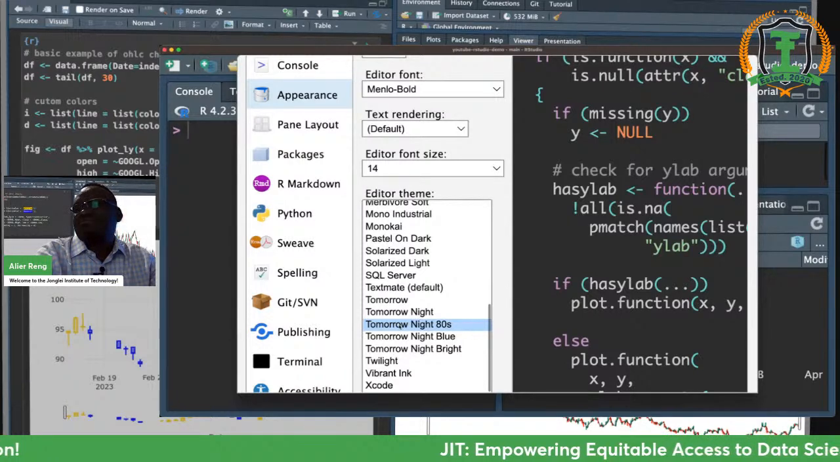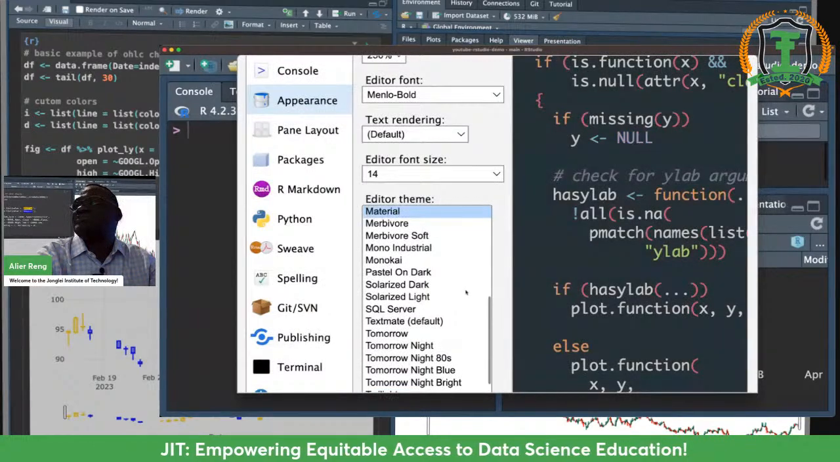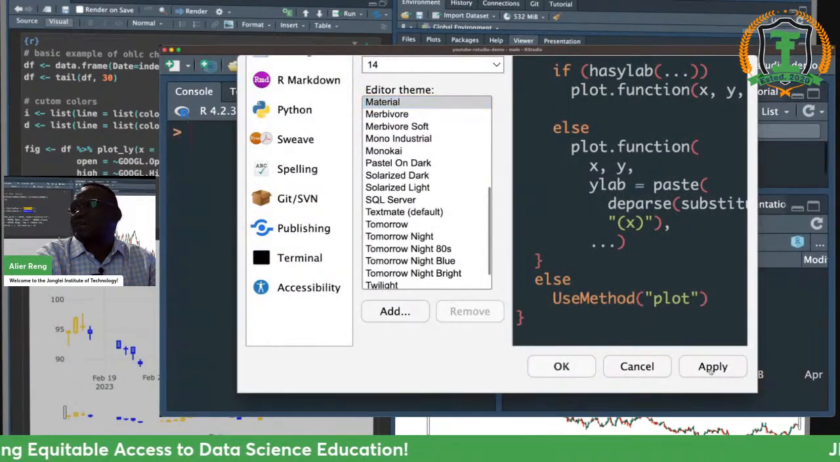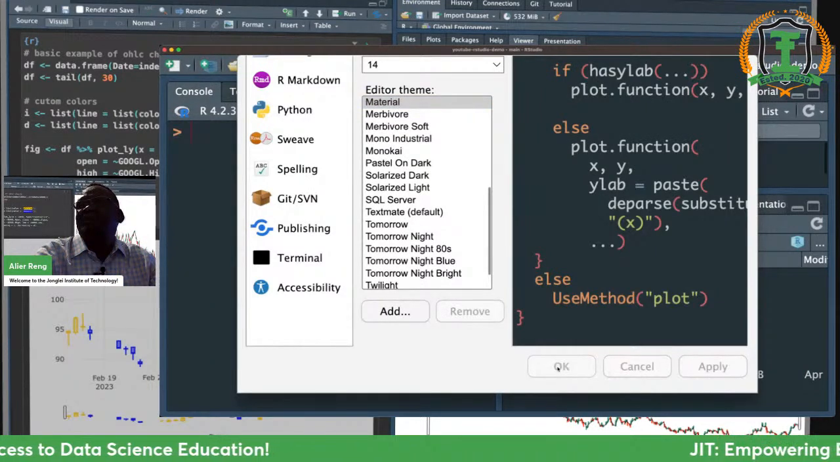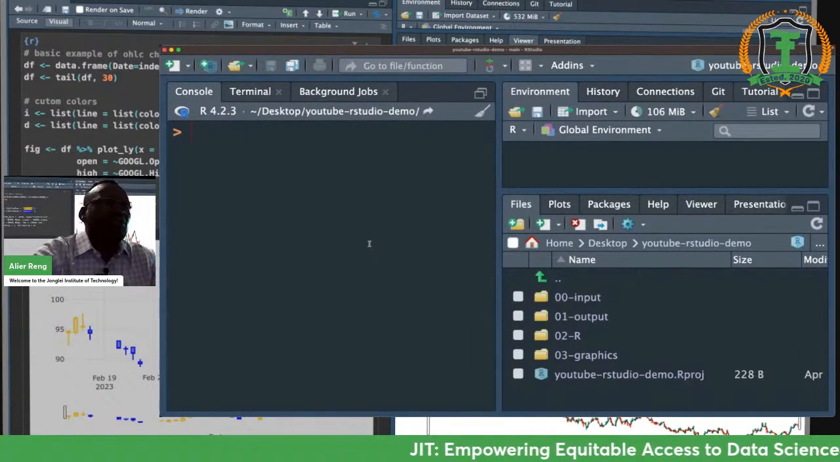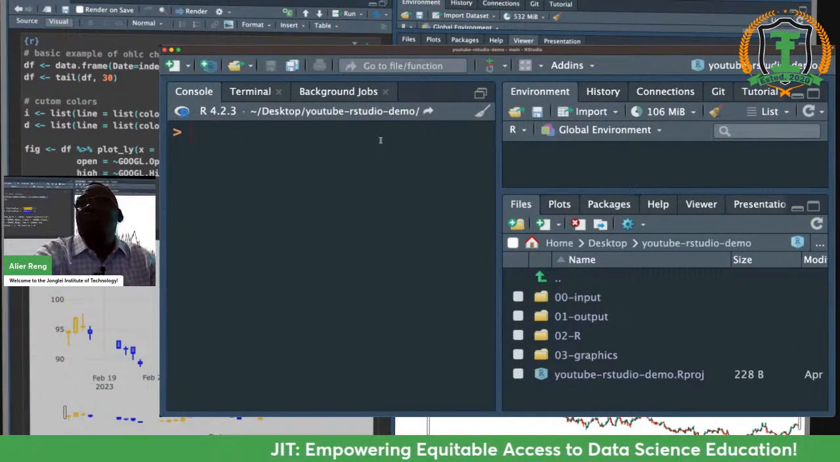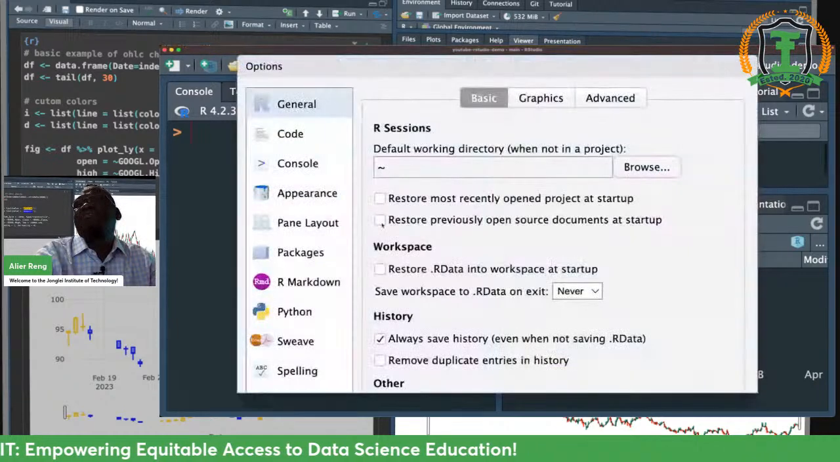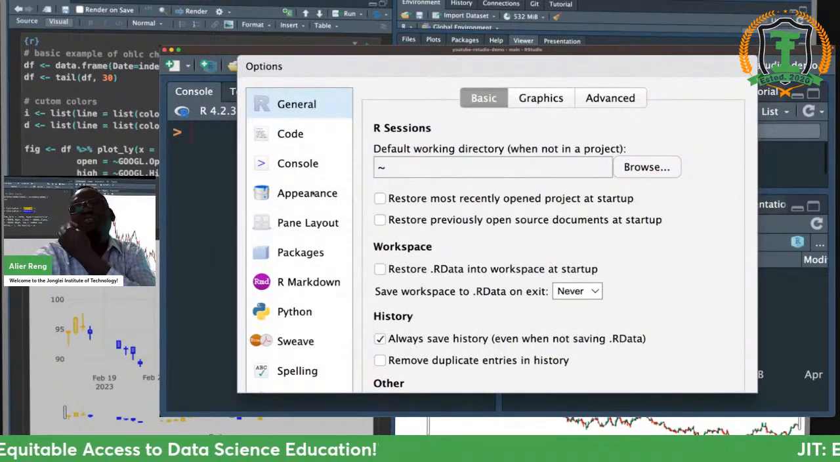And then, so let me try this material theme. And then I'll come down and click apply and click OK. Now this is that theme up here. Then I will go back to tools because we are not done. And so we have just talked about its